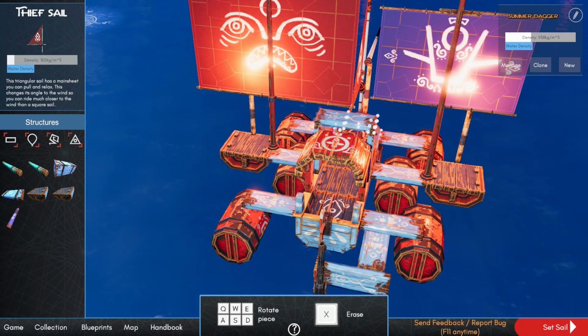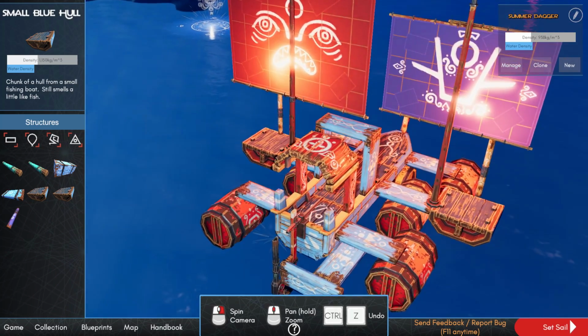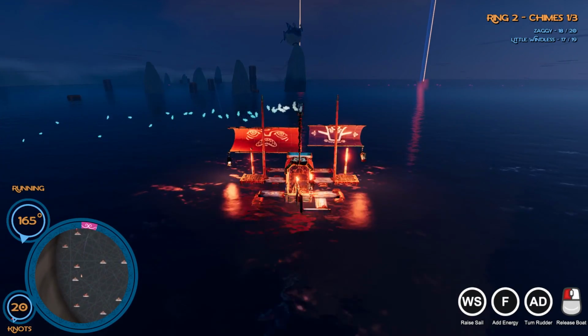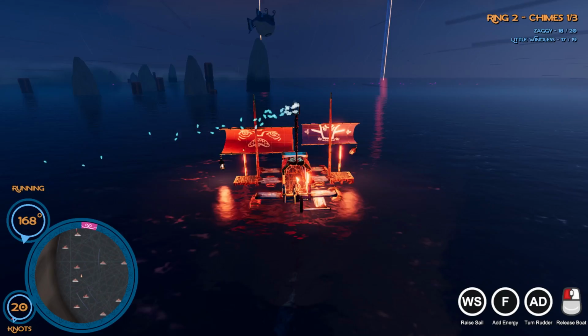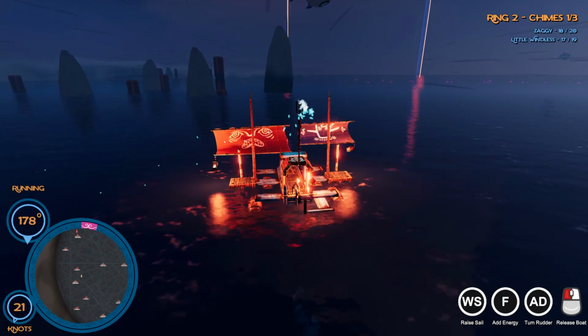I've decided to take this sail and just basically get rid of it. I feel like the thief sail's not working for me. I've also put my lanterns back on my sails because I thought that worked quite nicely and looked pretty good. So now I should be able to...